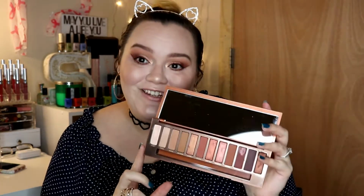Now these are my final thoughts on the Naked Heat palette. Is it worth it? In my opinion, yes it is. You get 12 shadows. You get transition colors. One thing that I wish they would have brought in this palette was a black shade. That's just me. Sometimes I like to put a little black. But